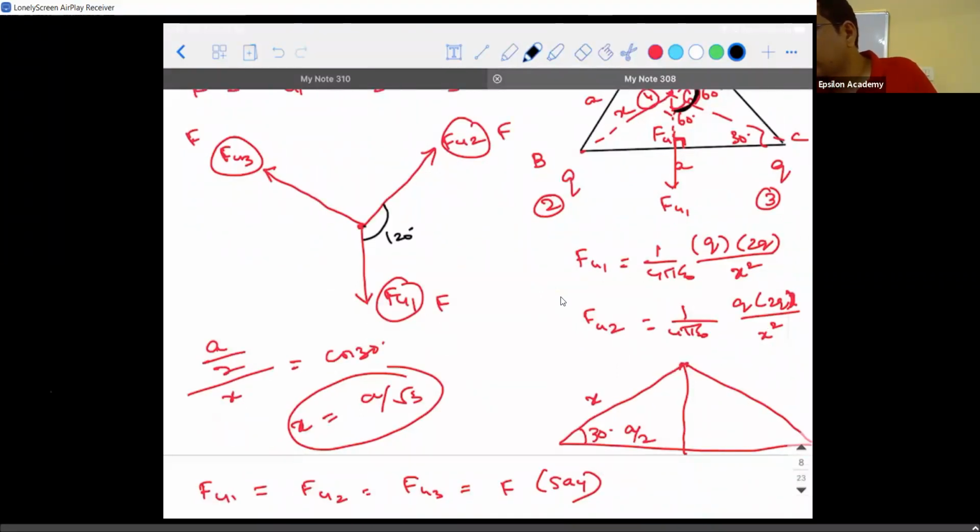So F42 is there. Now what we need to do is, whichever vector is not aligned along the x direction or y direction should be resolved into components. So I need to break it into a horizontal component and a vertical component. Similarly, I'll have a horizontal component here also. Out of 120, if 90 is gone, then this is 30 degrees. Then this F can be resolved into a horizontal component as F.